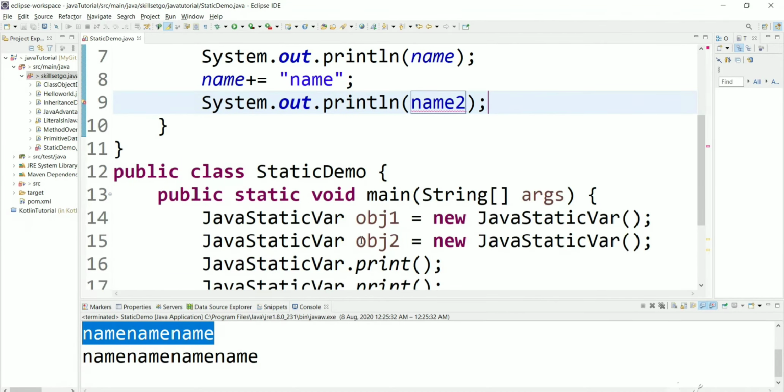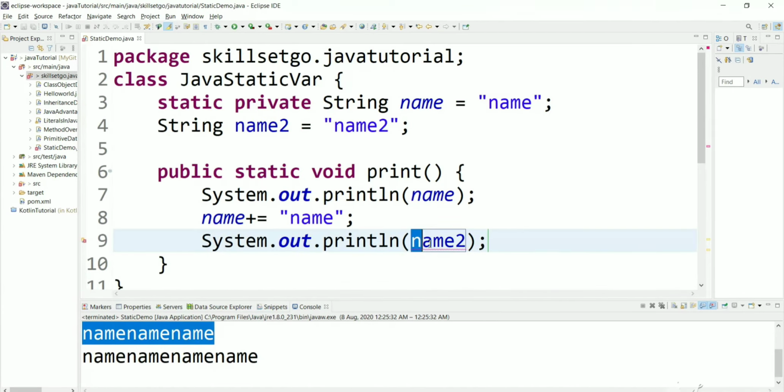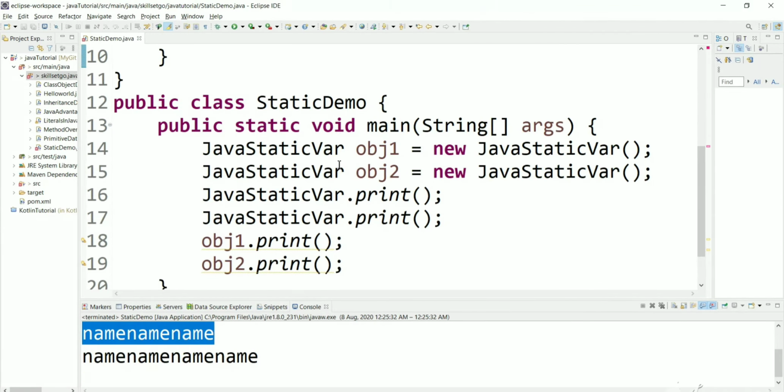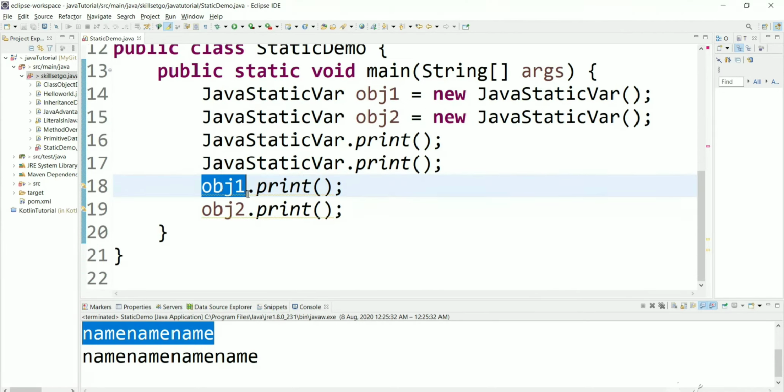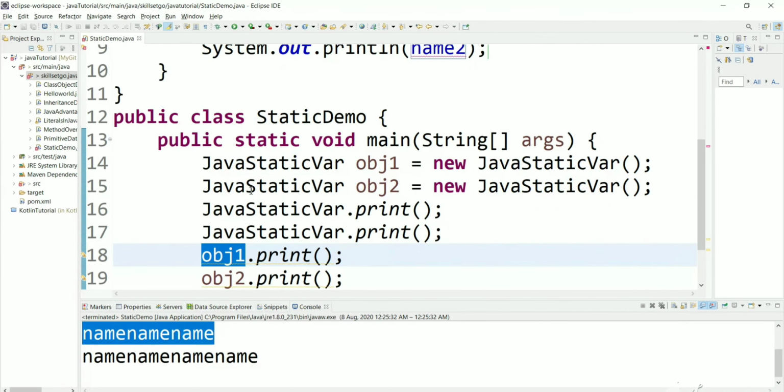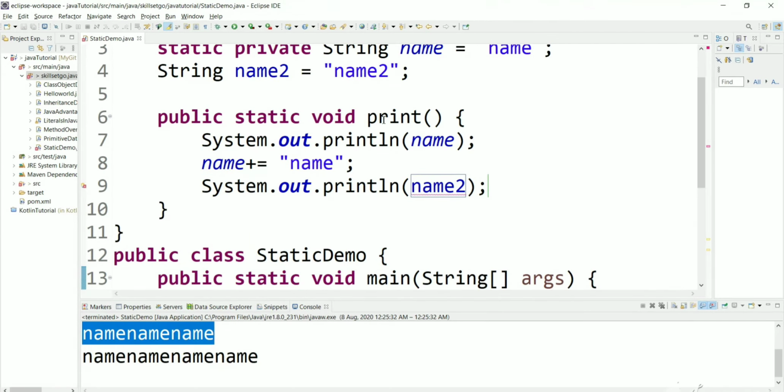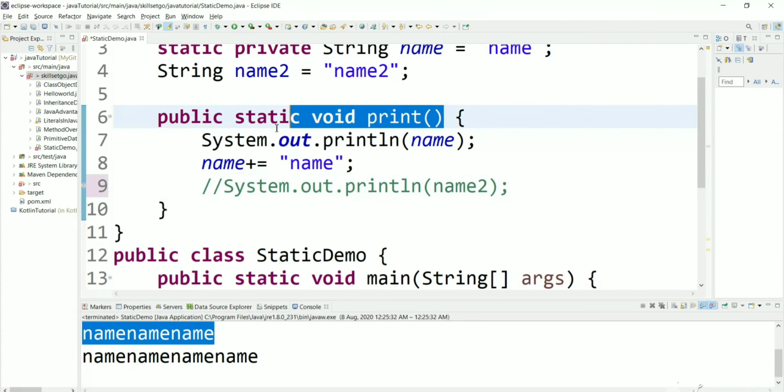Because the static method can be called directly using the class name, but here we are trying to access a variable which is specific to an object, so there is no meaning to it. If you call that method using the object, then it would be meaningful because name2 belongs to object one. But conceptually we can call a static method either by object or by class, so the compiler doesn't allow normal variables in static methods.